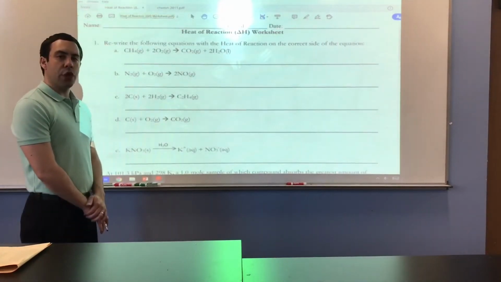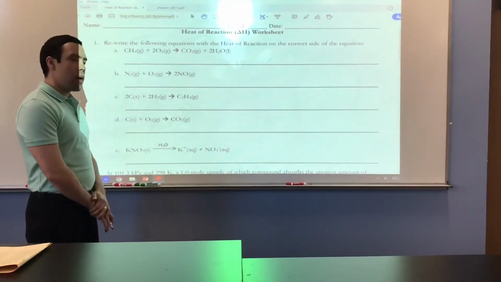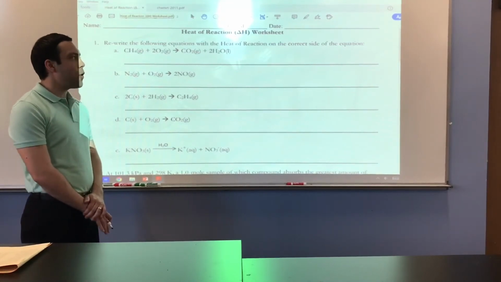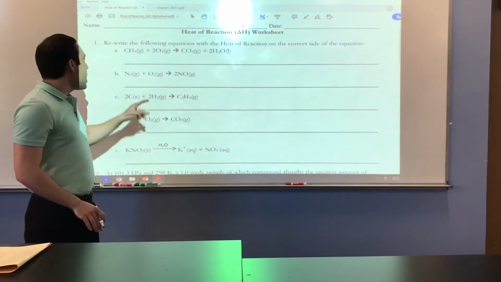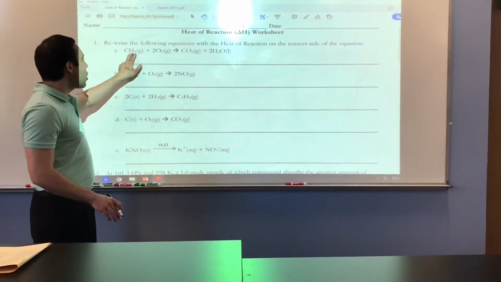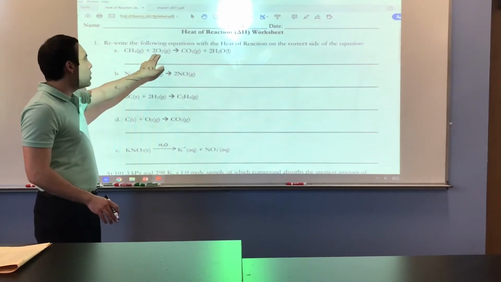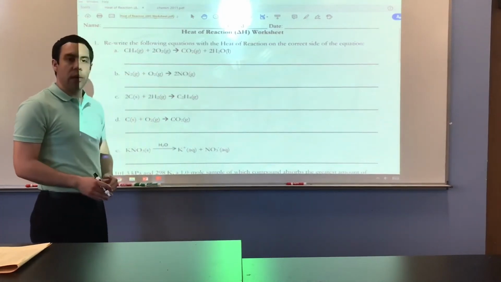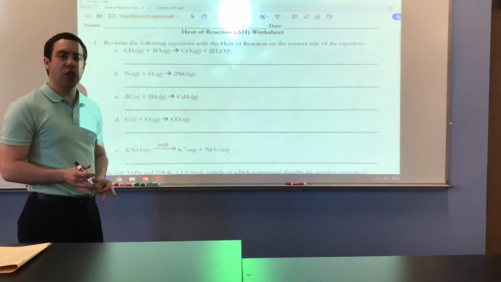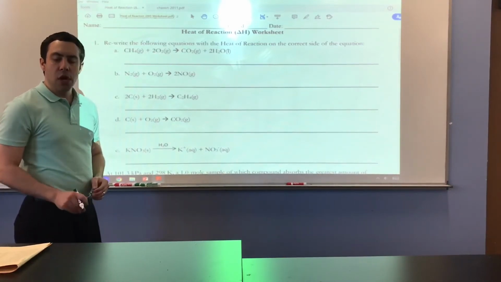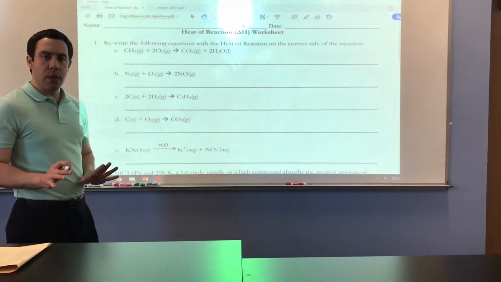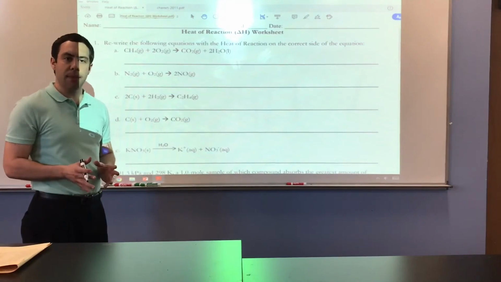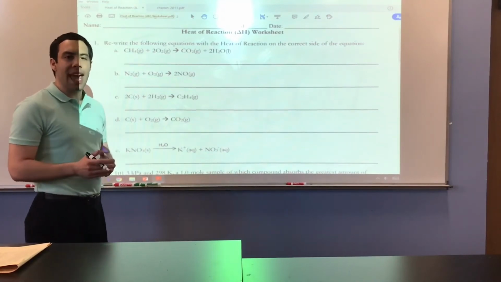Let's take a look at this worksheet. For problem number 1, we are going to rewrite the equations with the heat of reaction on the correct side of the equation. Now this reaction, CH4 gas plus 2O2 gas goes to CO2 gas plus H2O liquid. That is the very first reaction on table I. So what we're going to do is rewrite it, putting the heat, the kilojoules, on the right side. When you look at table I,